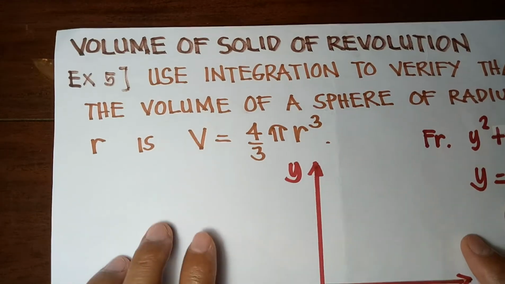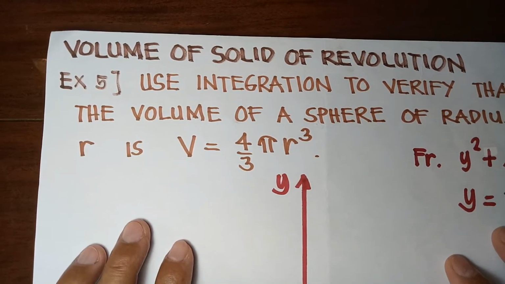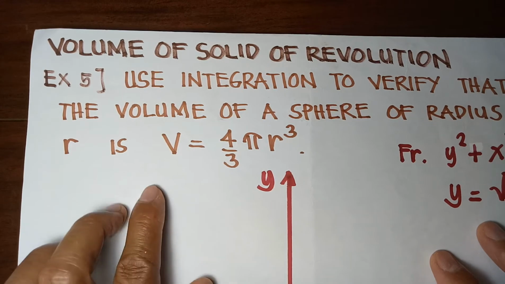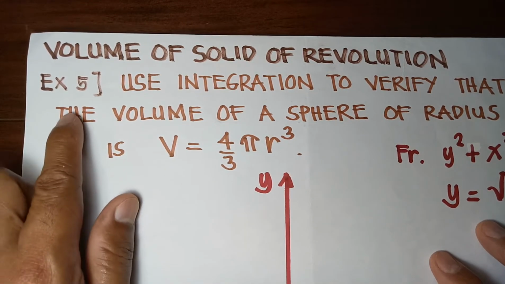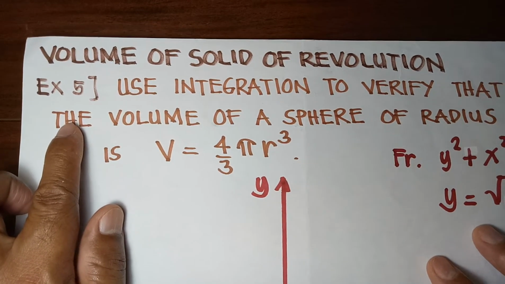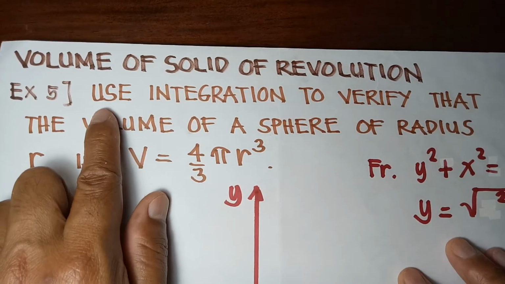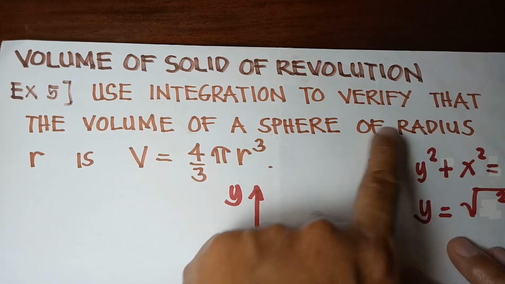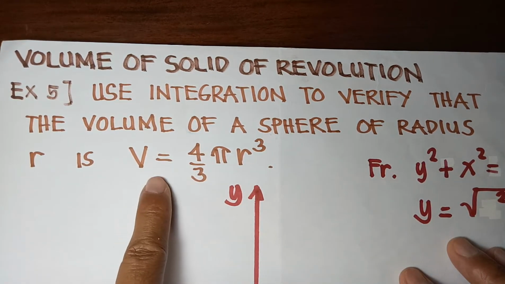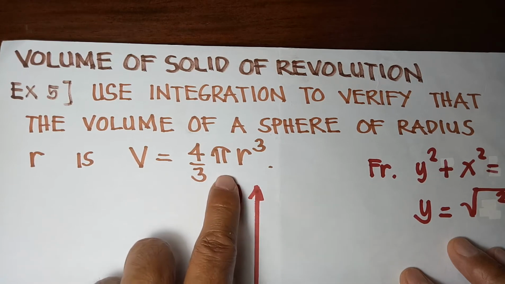Now, let's move on to the last example. Our last example in this topic, volume of solid of revolution. So, this is our example number 5. Use integration to verify that the volume of a sphere of radius r is volume equals 4/3 pi r